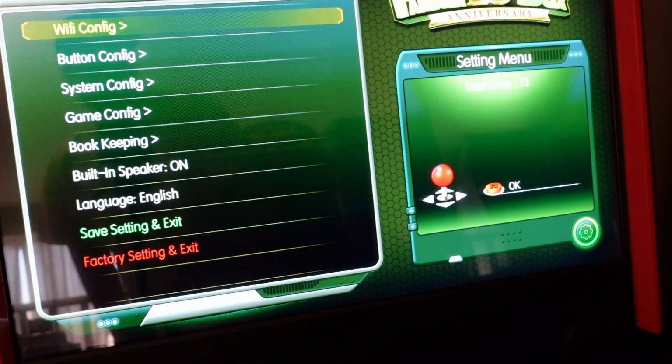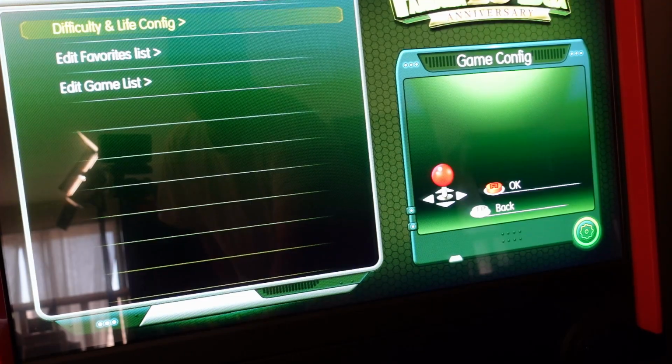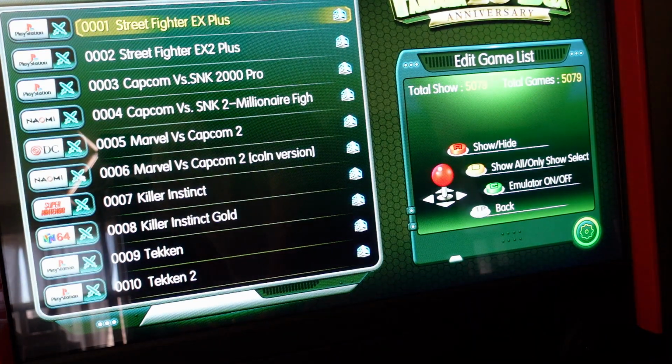This is where you're going to find all the universal settings for the system, for Wi-Fi, buttons, systems, but what we want to do is head down to Game Config. Once we enter into Game Config using the A button, we're then going to navigate down to Edit Games List, because this is a hidden games list. Right now I have it hidden for the purpose of this video, and what we're going to do here is